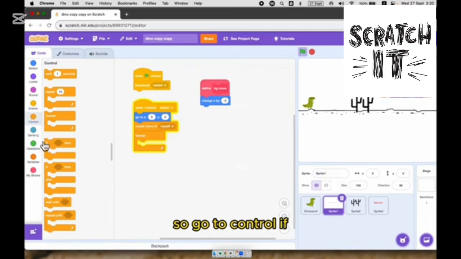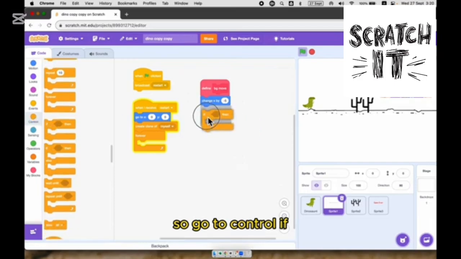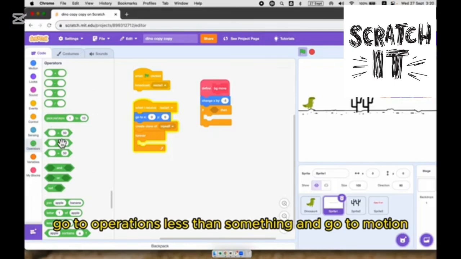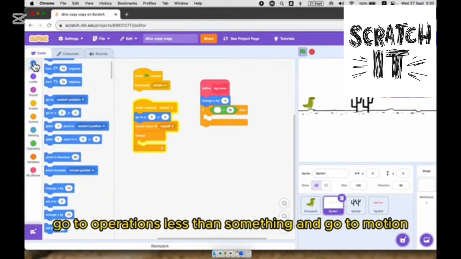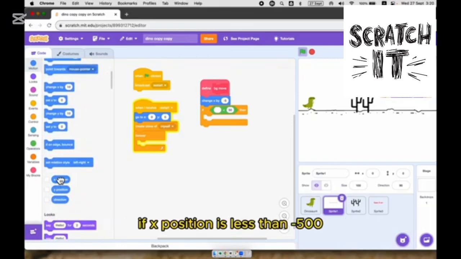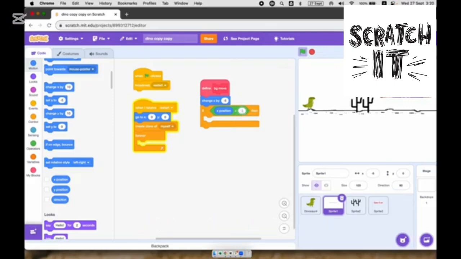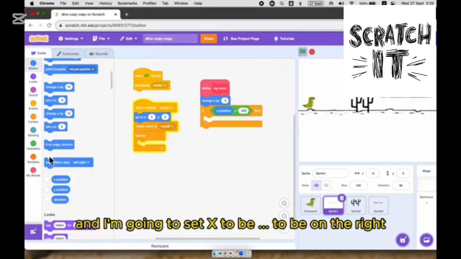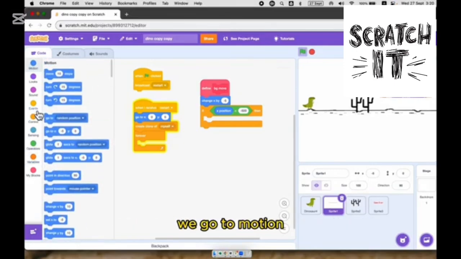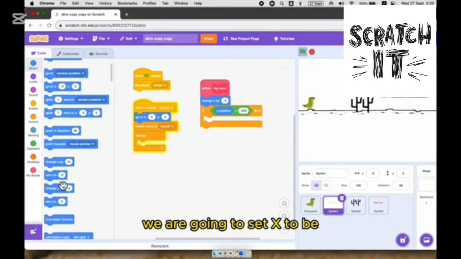So go to control, if, go to operations, less than something, and go to motion. If X position is less than -500, I'm going to set X to be on the right. We go to motion. We are going to set X to be